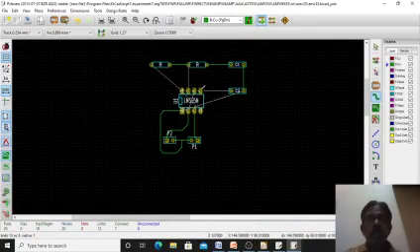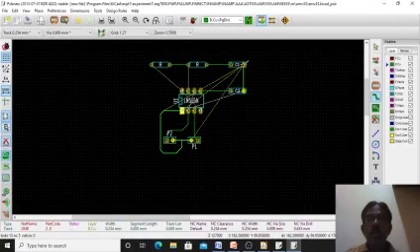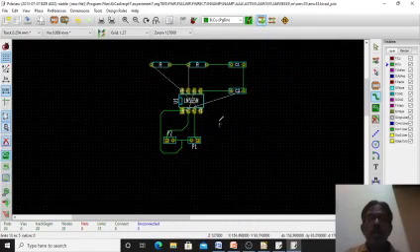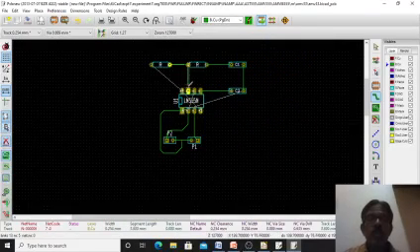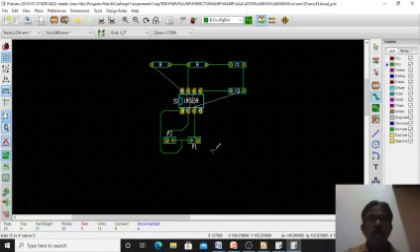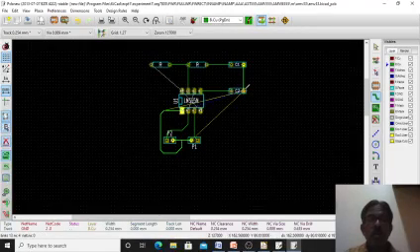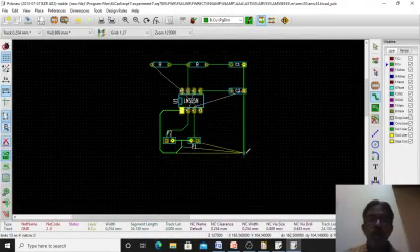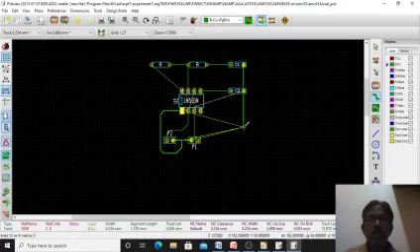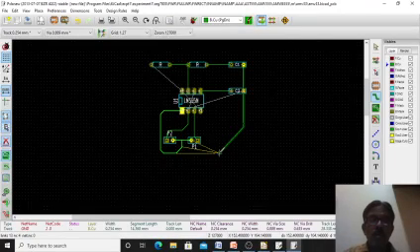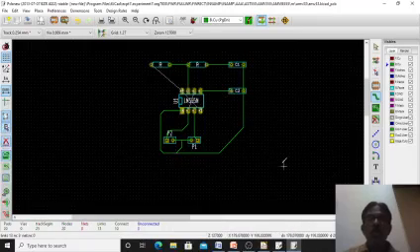Then this end of the capacitor is going at pin number 5, and this is already connected. Then here this is going at pin number 6, right, and this is also ground point. Okay, I can connect it here like this. So this is also over.